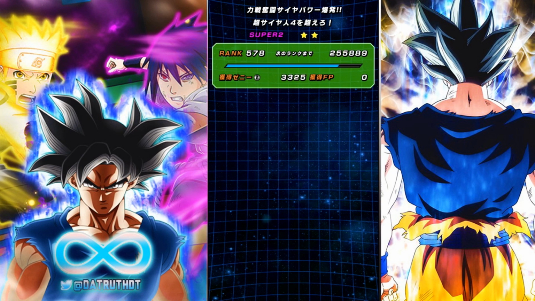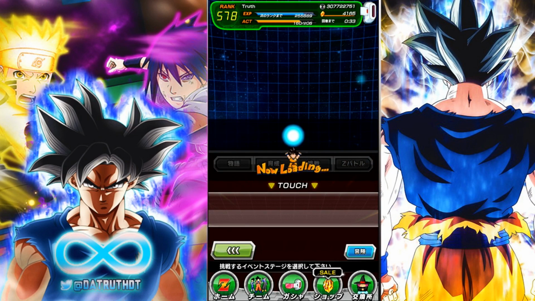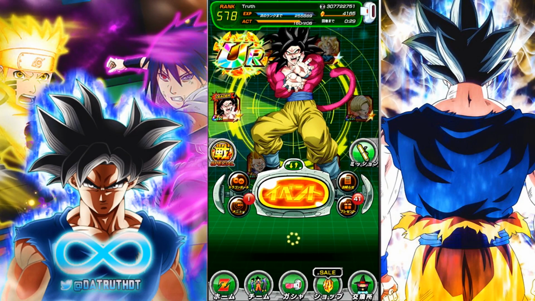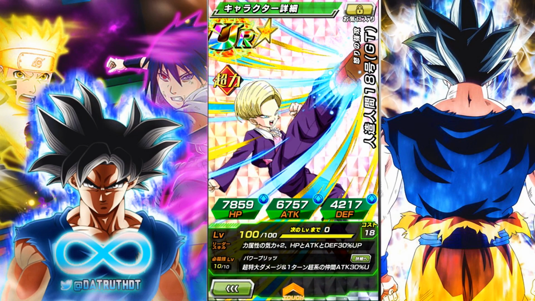GT will make it work better than the other arcs because all of the units in GT will have the GT link, right? That's what helps Omega Shenron link up so well with all the Super Saiyan 4s and stuff. But, alright, before we finish up, let's go ahead and take a quick look at our girl,